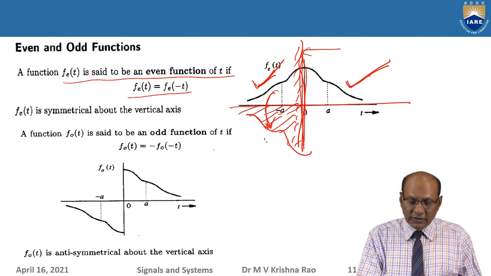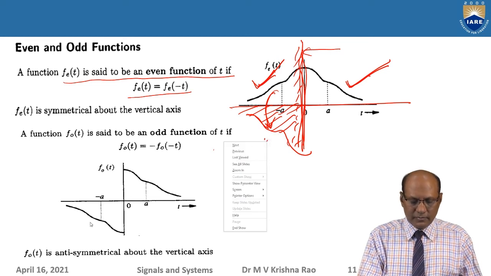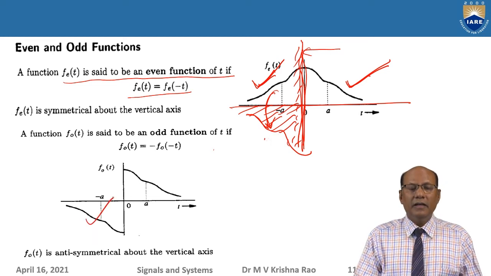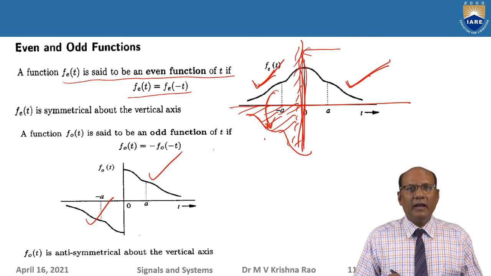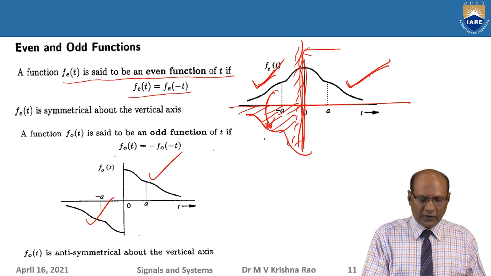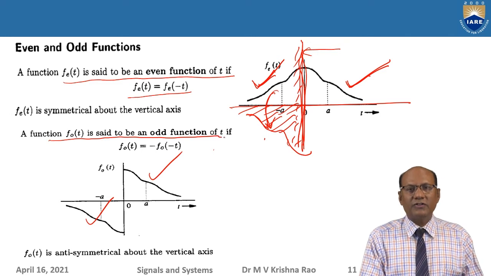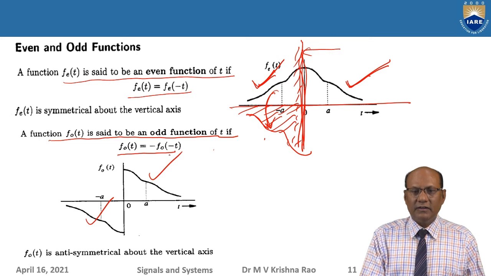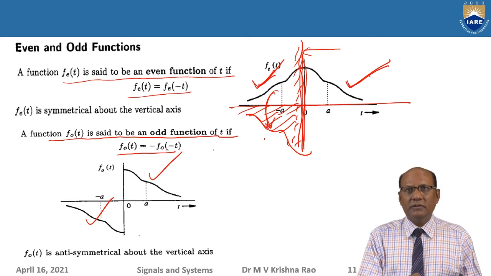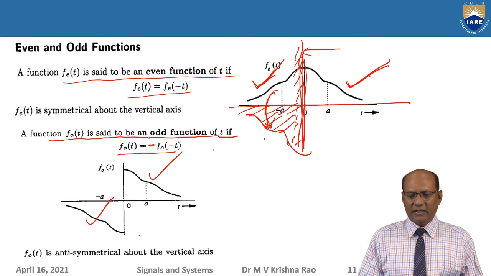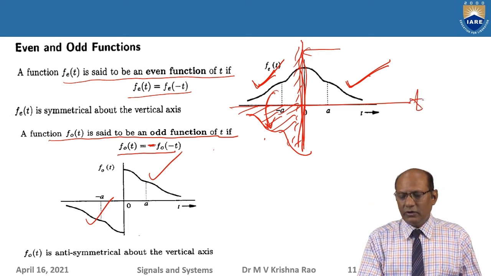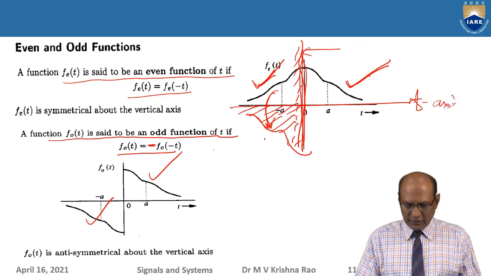So now this up-down inverted segment and the original signal both together, I call it an odd function. So what is an odd function? The function f naught of t is said to be an odd function of t if f naught of t equals minus f naught of t. See, f naught of t means time inversion. If I put a minus sign before that, it is up-down inversion, that is around the t-axis. So that is what.